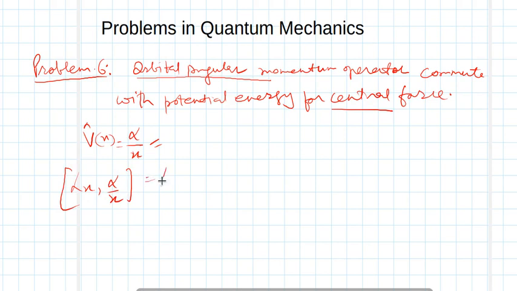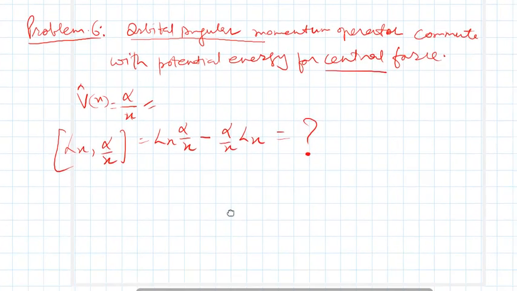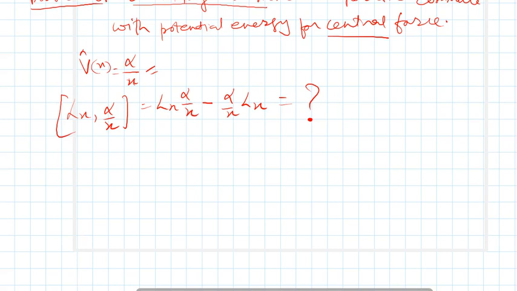So it is Lx alpha upon x minus alpha upon x Lx, right? So that is our purpose, and it must be equal to 0. To solve this, let us proceed as follows. As I know, this Lx is equal to minus iota h cross (y ∂/∂z − z ∂/∂y) alpha over x